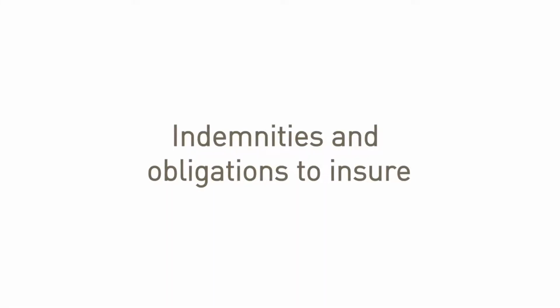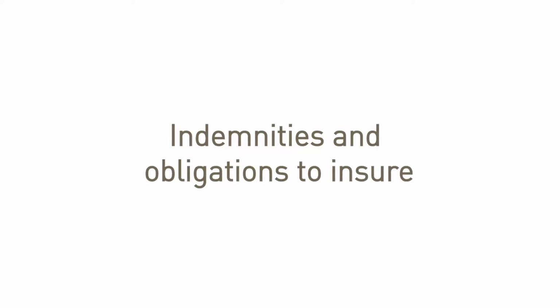As an insurance litigator, one of the most common difficulties I see is contractors not understanding and therefore not fulfilling their contractual obligations. The standout areas for me are contractual indemnities and obligations to insure. Both of these clauses are intended to shift risk from one party to another, usually from the principal to the contractor. In the case of a contractual indemnity, one party, usually the contractor, agrees to take on the risk or liability of another party, usually the principal.